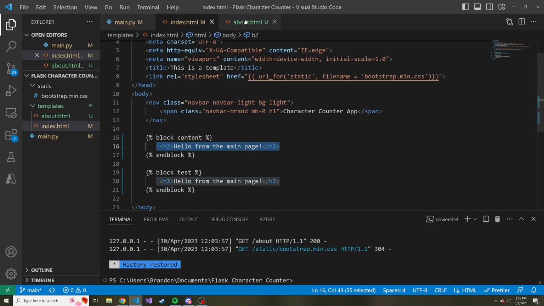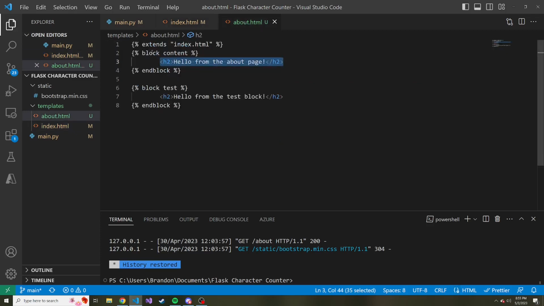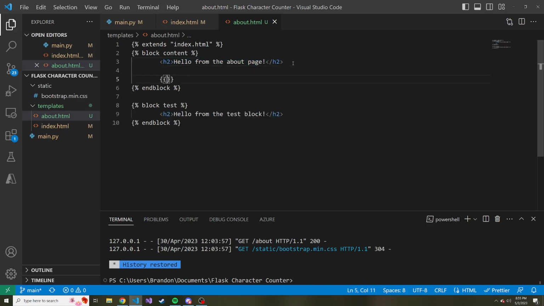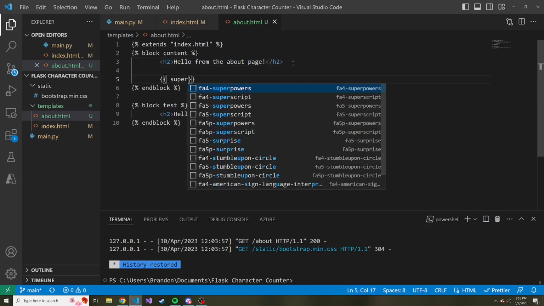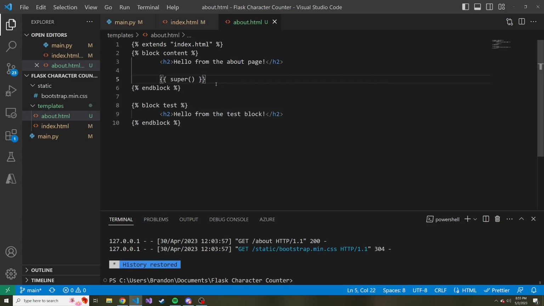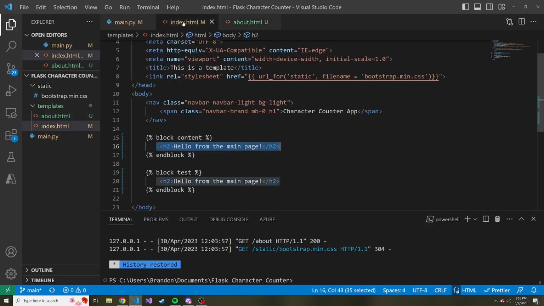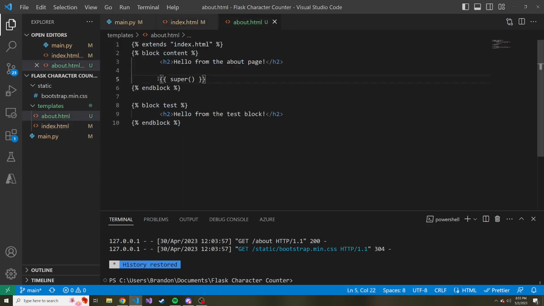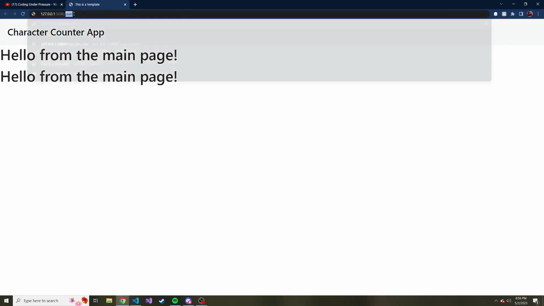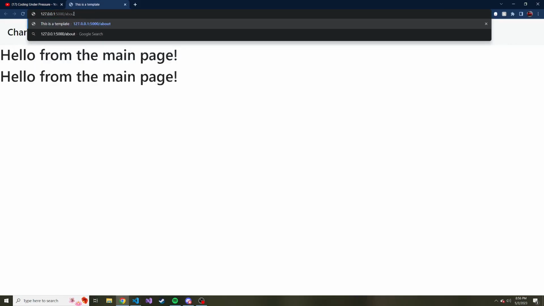So for this block content, I'm going to go back to our about.html where we define in the about.html what the content block is. And then right below our h2 hello from the about page, let's in two curly braces, open and close, put super and then call that function. And so what this is going to do, it's going to go back to our index.html. It's going to copy basically this h2 and paste it into here because that was what was in there by default. And now if we serve this up and we go to our /about to serve up the about page,